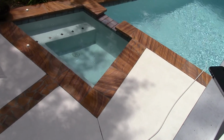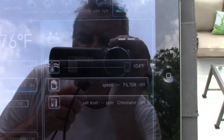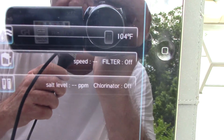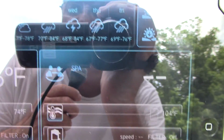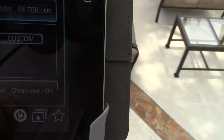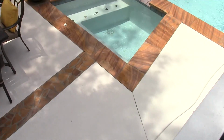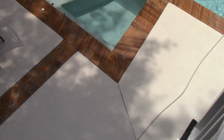and I'm going to let you see as best we can. There you go. You see that says filter on right there, filter on. That is the pool. And I'm going to go over here to the spa, and I'm going to go ahead and turn the spa filter on and turn it on high because we want the jets to activate. And then I'm going back over to the pool, and you're going to see that the remote will talk to